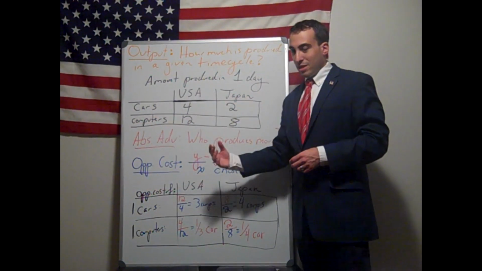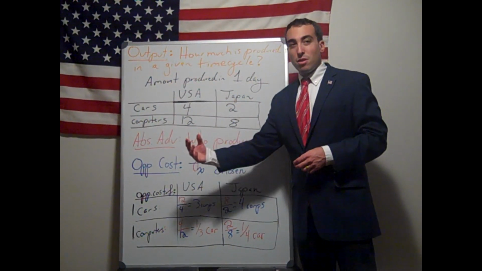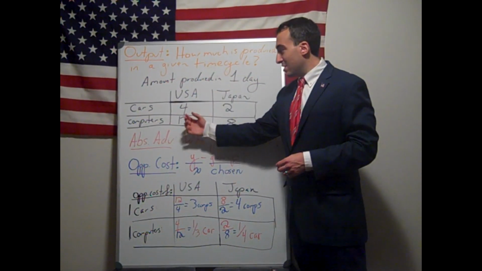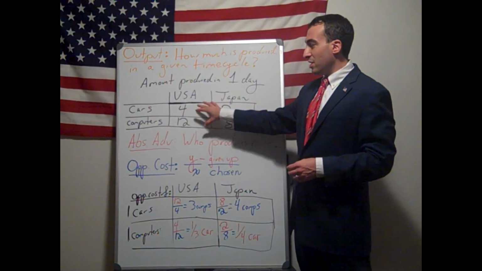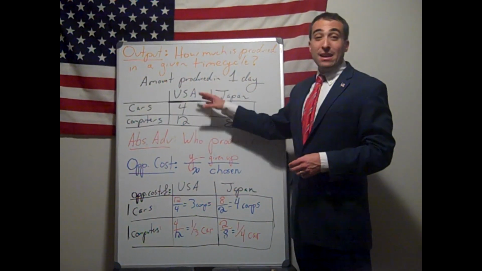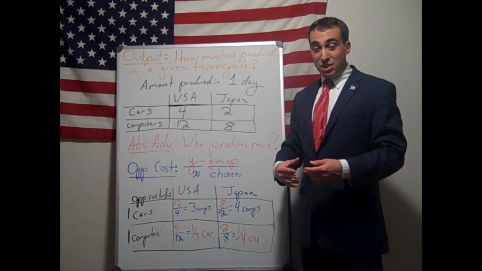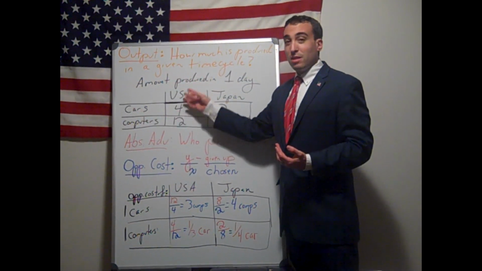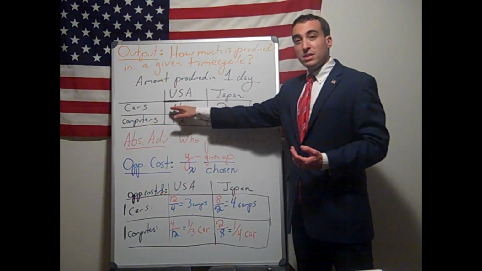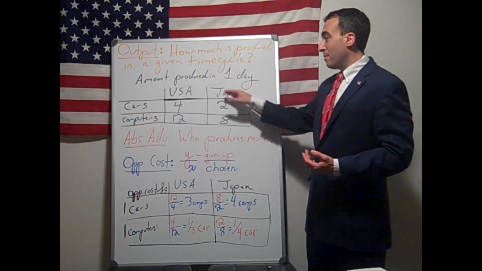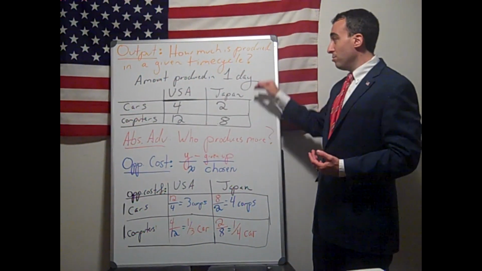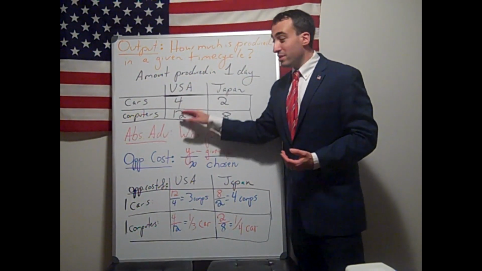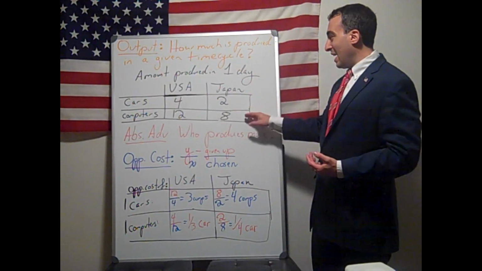But for output questions, we are looking at the greater number because we are comparing the amount produced. So in this question, the USA actually has the absolute advantage in both goods. That America produces more cars in a given time cycle than Japan. America produces 4 cars compared to 2 in one day, and America produces more computers, 12 computers compared to 8,